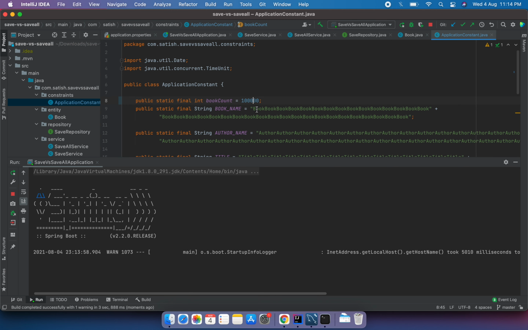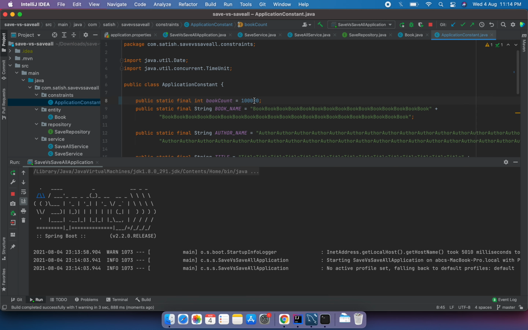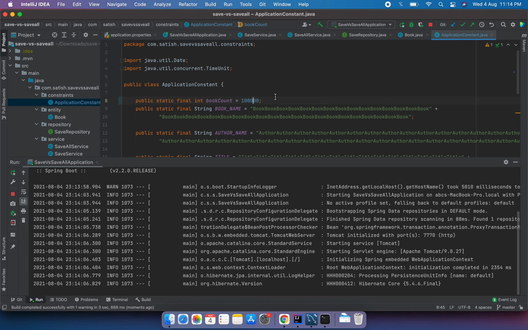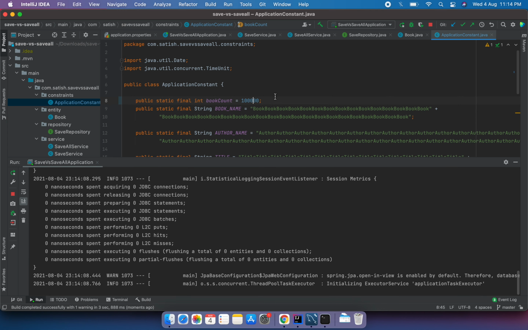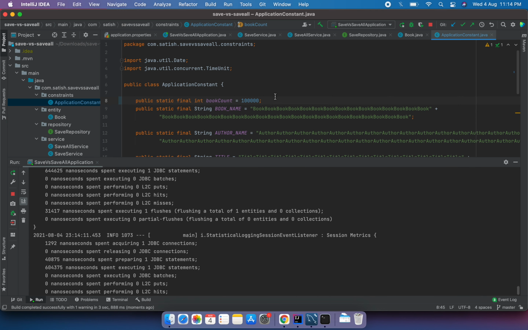In this scenario there will be too many logs because it will create around 1 lakh connections, exactly 1 lakh connections for adding 1 lakh documents. So there will be too many logs here in the console.